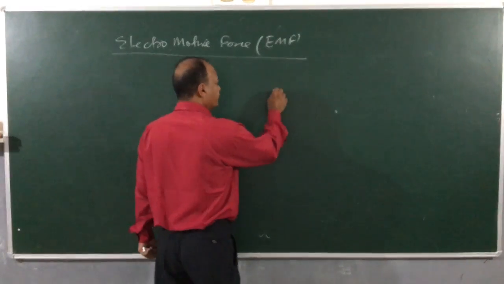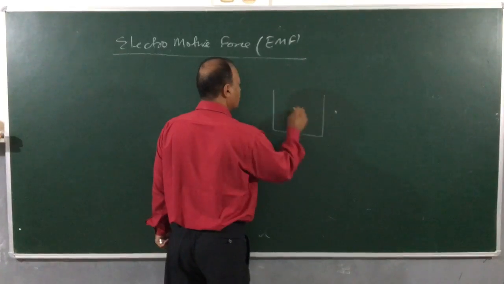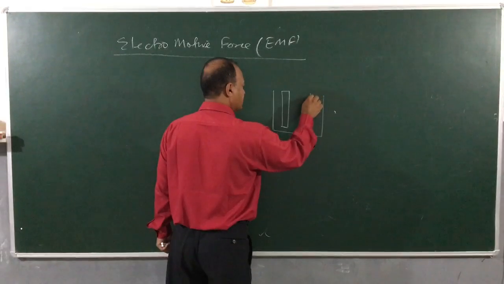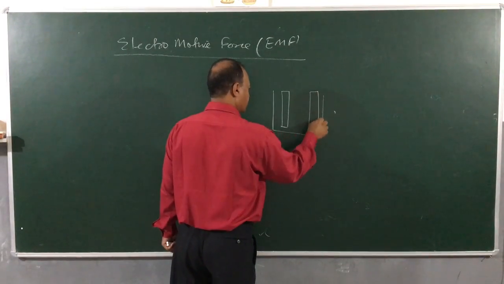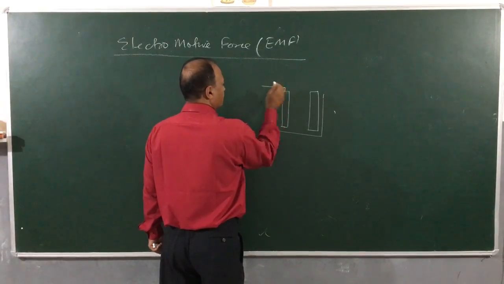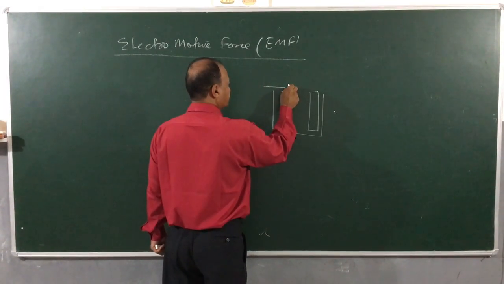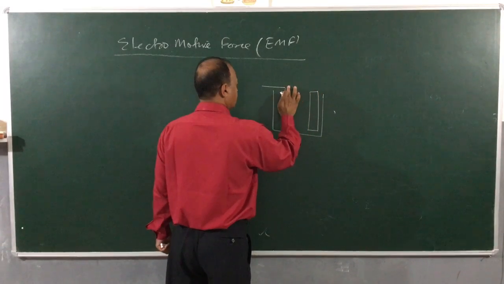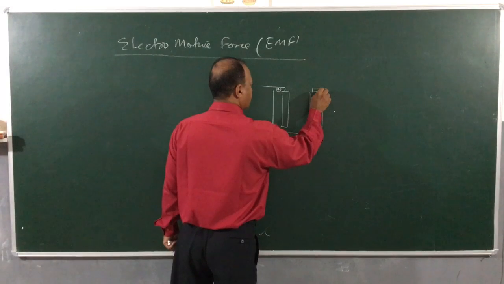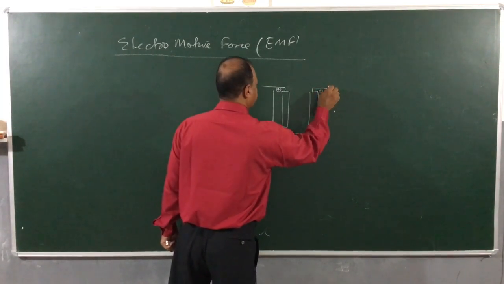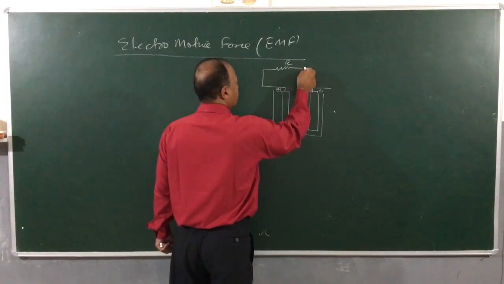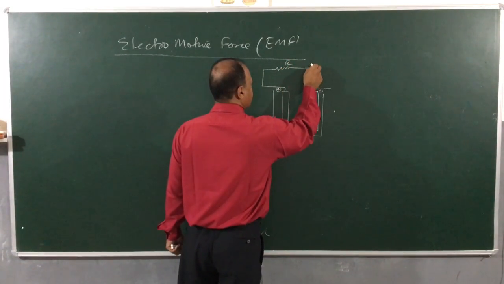A cell consists of two electrodes. You have seen this, one is marked plus and the other is marked what? Minus. This is a cell. Now, this is marked plus, I'll let it this side, positive, and this is marked negative. Here we are connecting a resistance, external resistance, right, and here we are connecting a key.